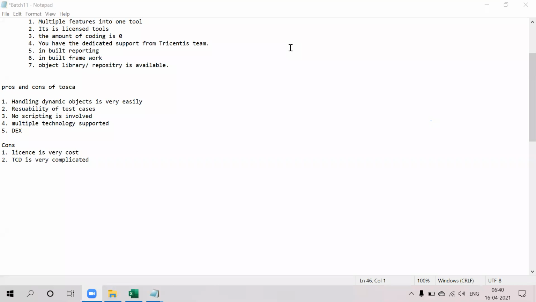So what are the things we need to define in the project? Hope everyone knows manual testing, right? I think only a few don't know testing, but most people know manual testing.